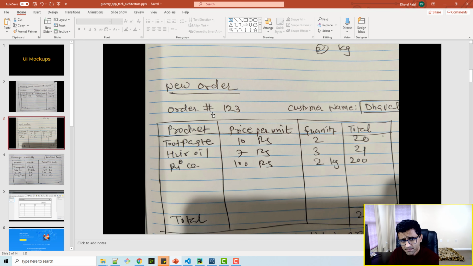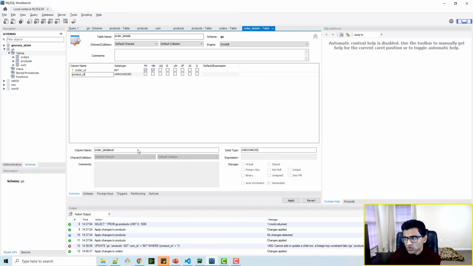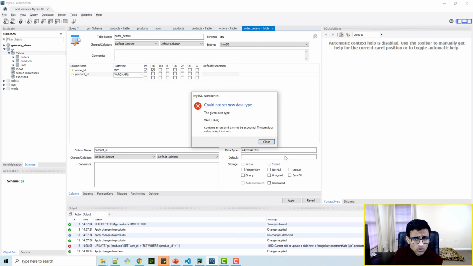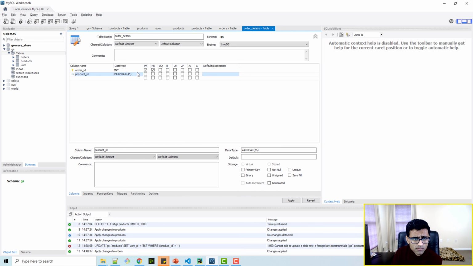So this order has order ID. Customer name you can fetch from the other table by referring to this 1 2 3 ID. But then it has product, price per unit, quantity, and total. Okay. So product will be identified by product ID. So integer,